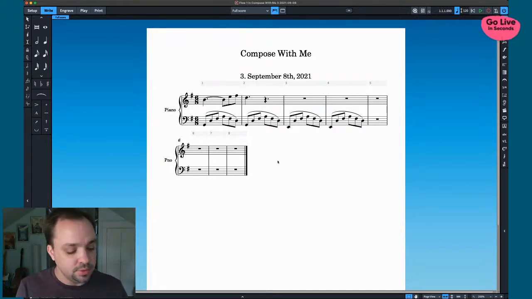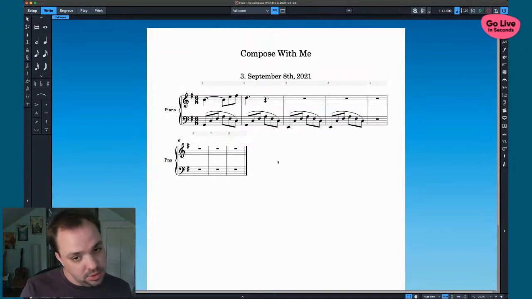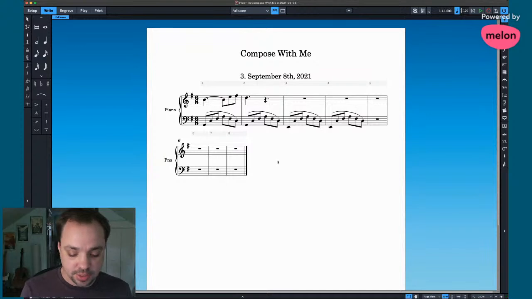Maybe we do some sort of flattening thing because it's so bright. C natural, even though it's in the key, feels really flat, so maybe we could do something on this spot right here.